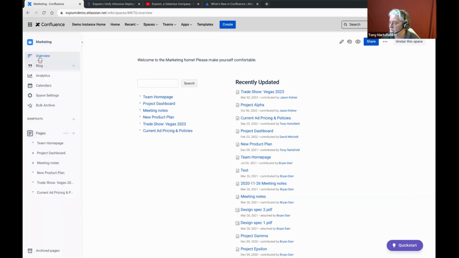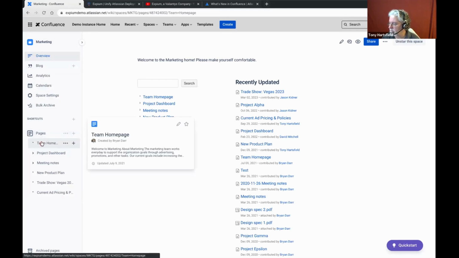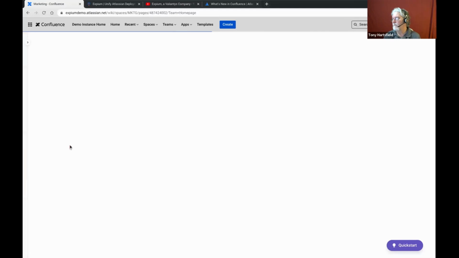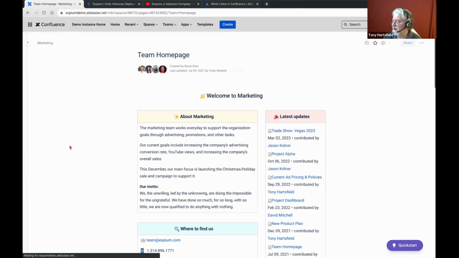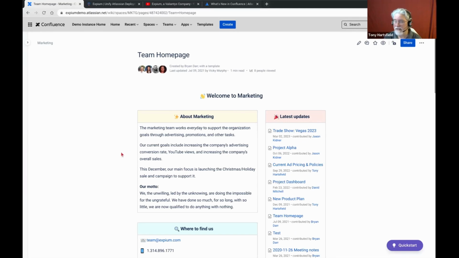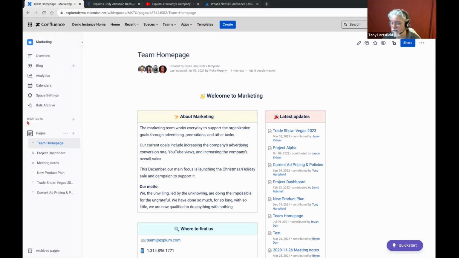If I look at this, so there's the overview page. If I go to, in this case, the team home page, this is also showing you a brief introduction to templates, because we didn't actually create this page. We used what's called a meet the team template. Templates are found from the top list here, and in cloud right now there's 131 templates that you can use, which means that people, organizations that work with Atlassian have created these